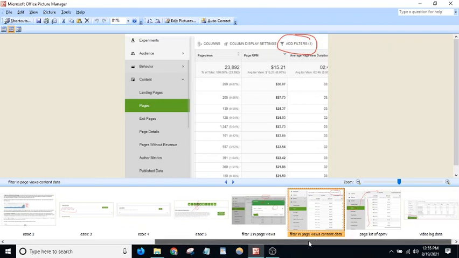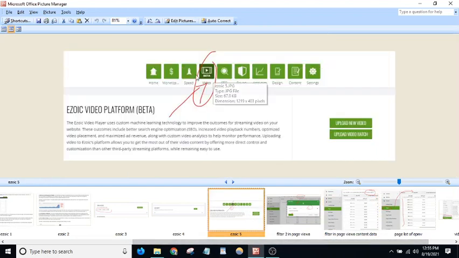Secondly, you need to go to video ads. If you have this icon unlocked, enable this option and add video ads to all your pages. Yes, it will give you an additional $1, so don't worry about the other things. Just add this video player in every article, or you have another option to add it in all articles. So add these video ads.